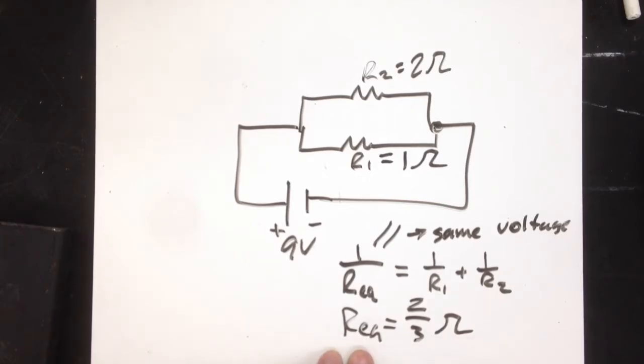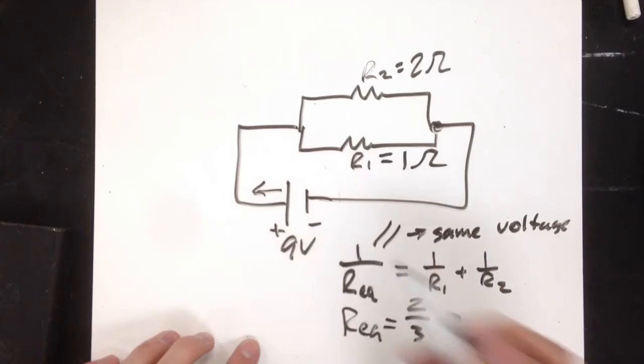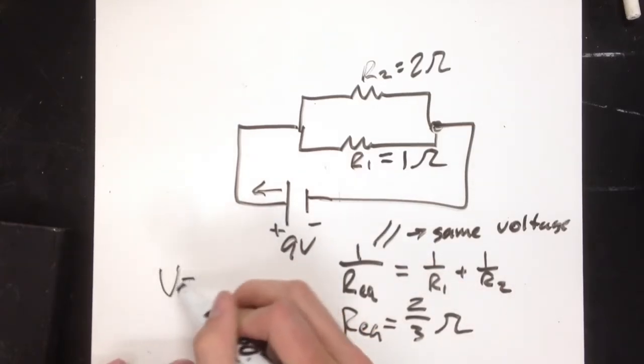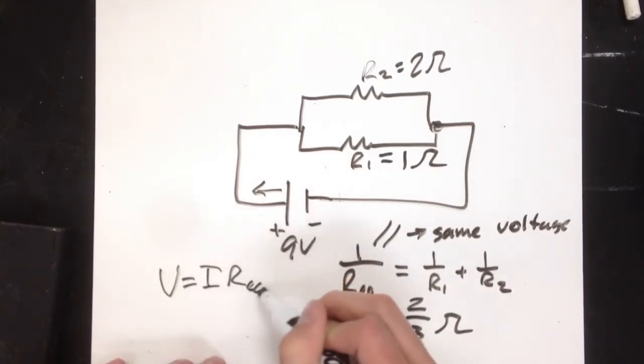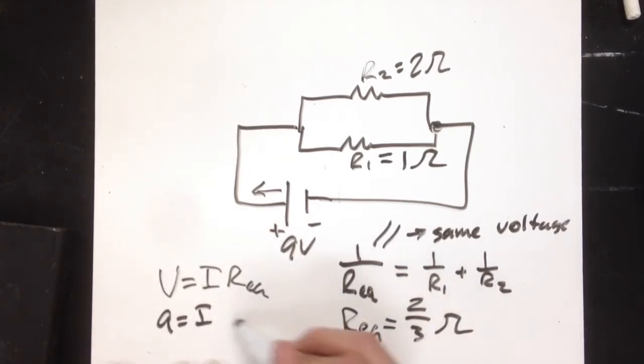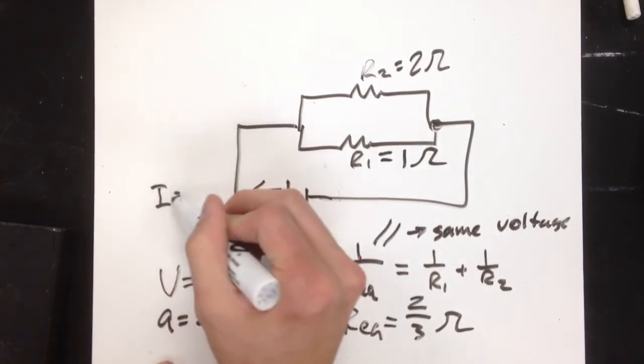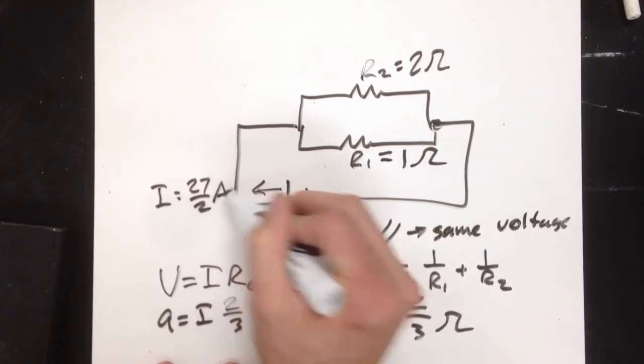Well, now I know the equivalent resistance. I know the voltage of my battery. I can solve for the current being drawn right off my battery by using V equals I R equivalent. V is 9. My R equivalent is 2/3. So I multiply both sides by 3 over 2, and I get a current of 27 over 2 amps being